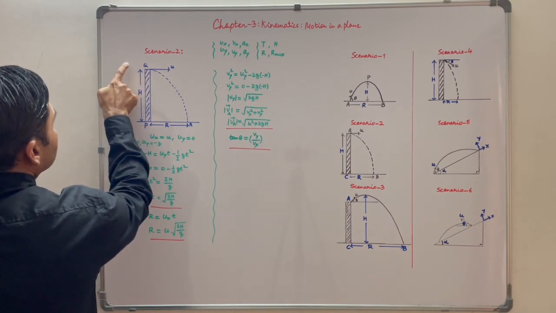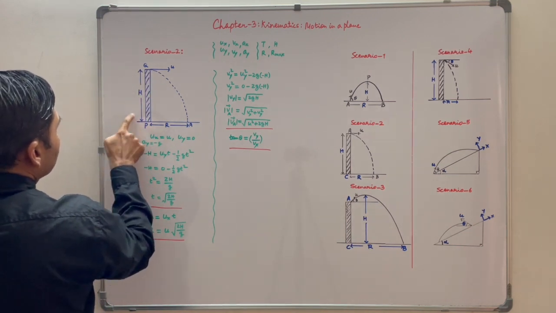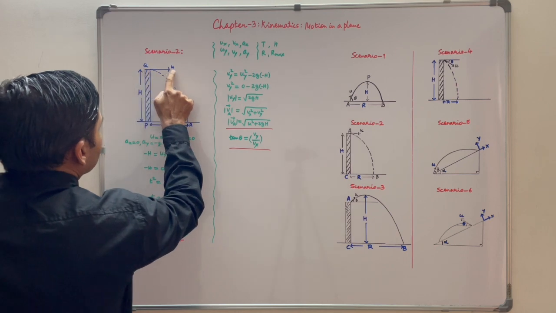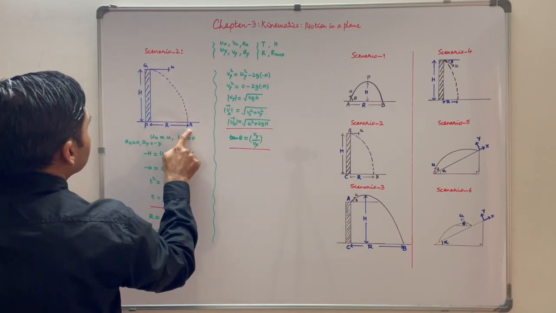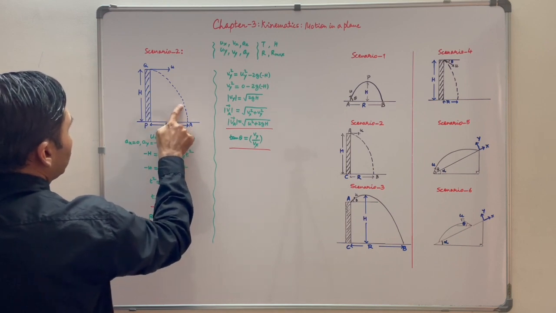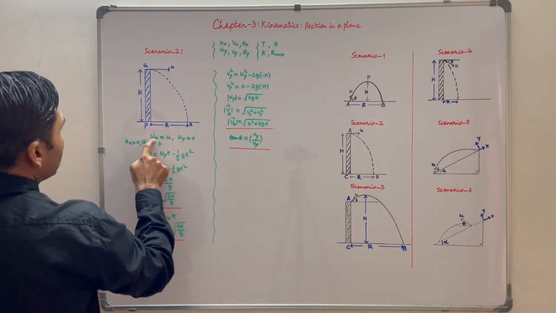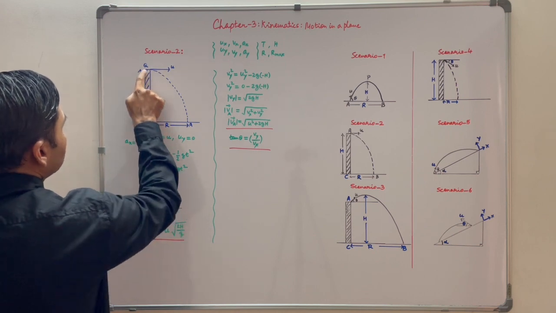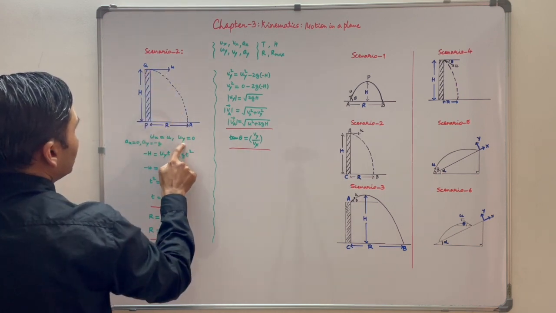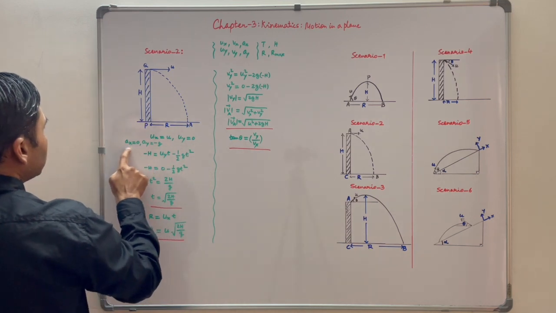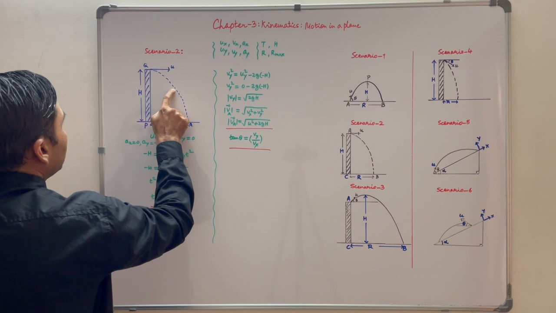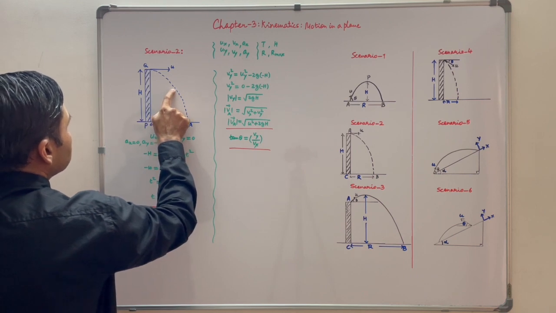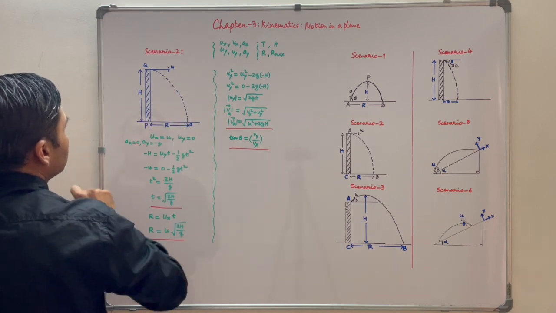Second scenario. Suppose the height of tower is h. A particle is projected horizontally with initial velocity u. It hits the ground at A. Then we have to calculate time of flight and range. Ux is equal to u as the particle is projected horizontally and uy is equal to 0. Ax equal to 0 and ay is equal to minus g as the particle at any point of time experiences only acceleration due to gravity that works vertically downwards.